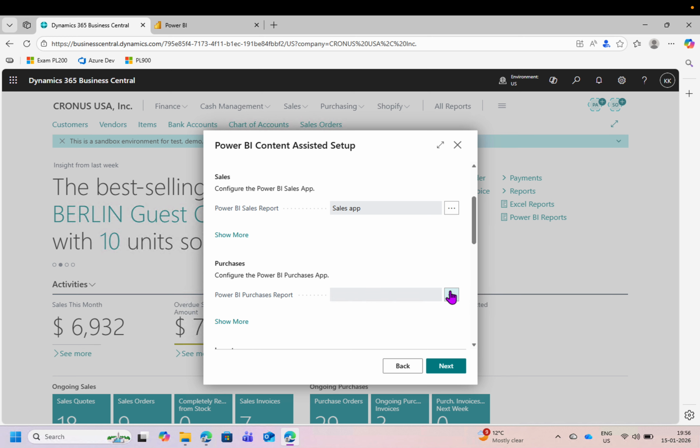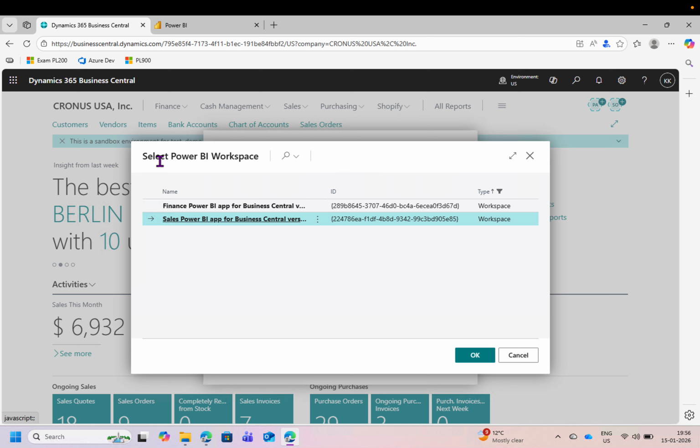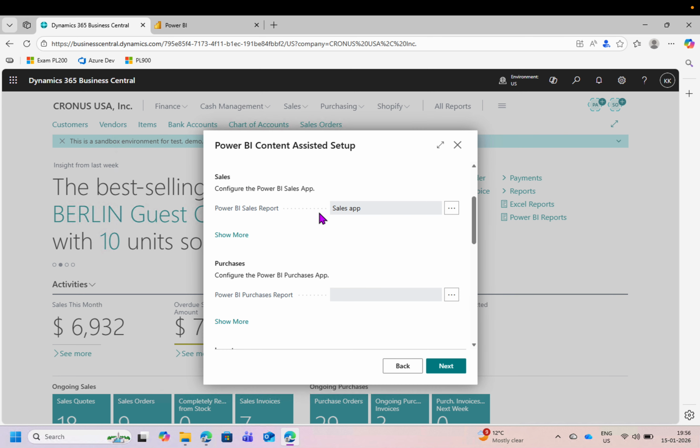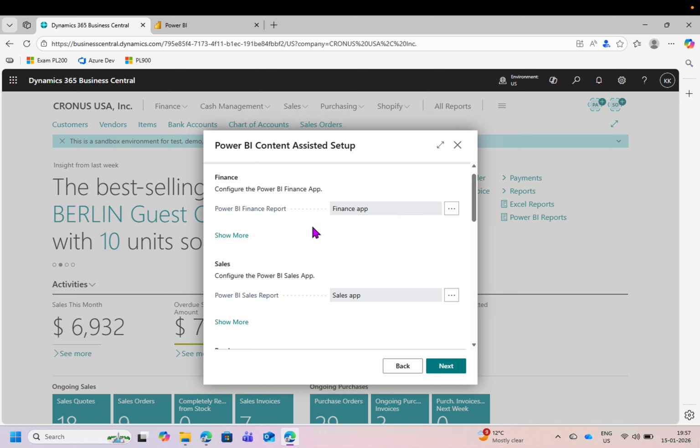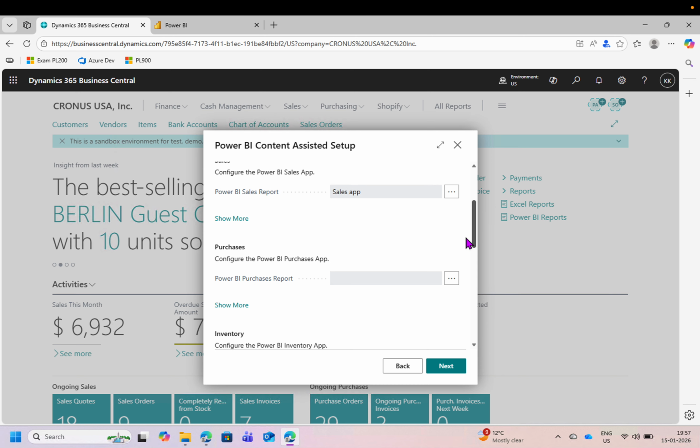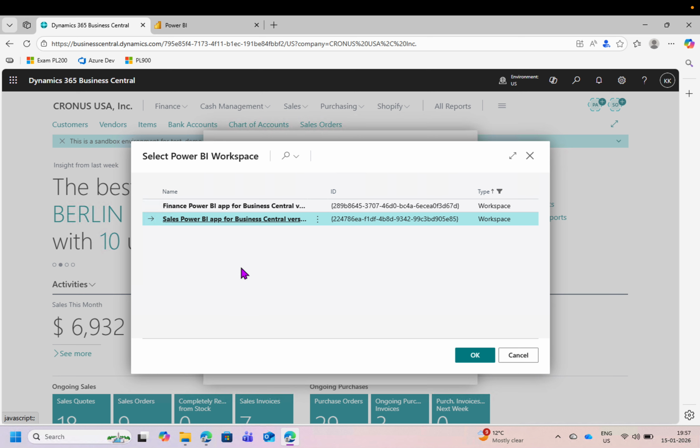When I click on Purchase, here it is giving me the screen of Select Power BI Workspace, where it is giving me the options of only two apps, Finance Power BI app and Sales Power BI app. Okay, which we have already added for our sales module, and that's why those reports were visible. So this option is not giving me a Purchase app or something like that here,